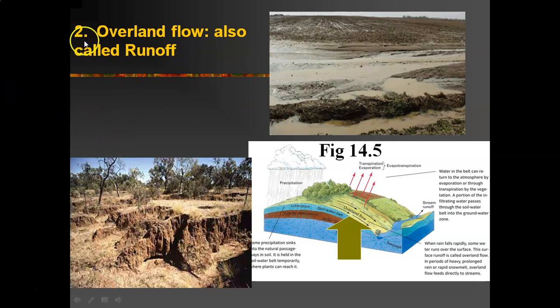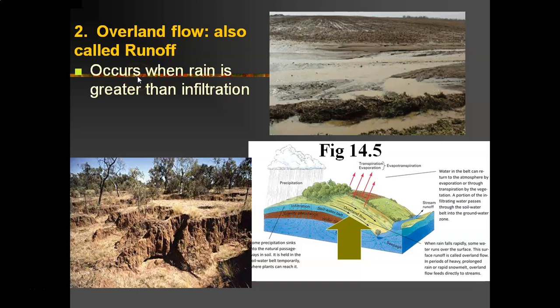All right, this is the second: surface water flow. We've just talked about infiltration, and that's what you want. You want the rain to be able to seep into the soil. Now, I've been talking about flash flooding if you don't have infiltration, and really, this is that. We've got two terms for it. It's called overland flow if you don't get infiltration, and another term that's really commonly used is runoff. These two terms are used interchangeably.